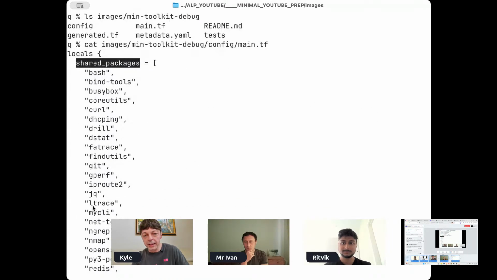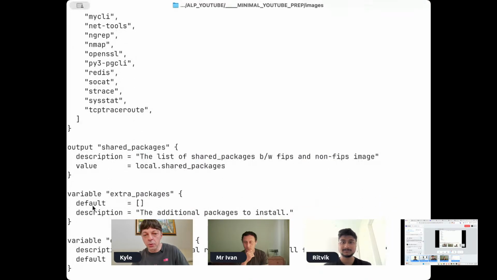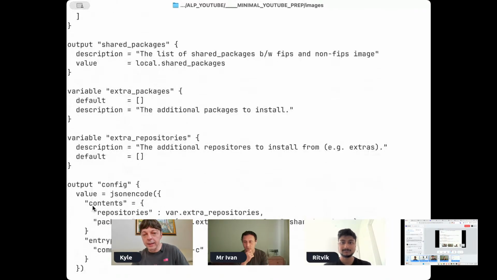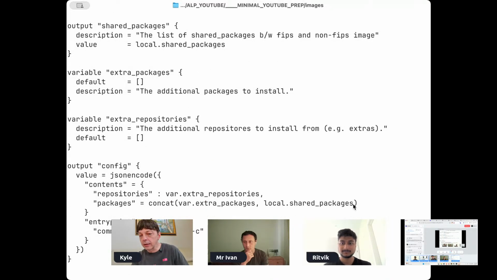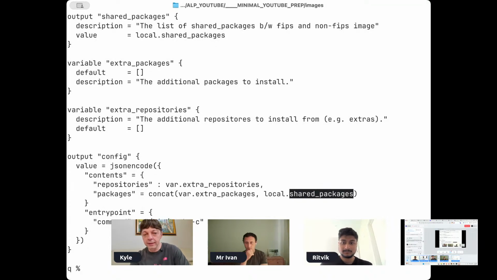And then what they do in the Terraform is combine those shared packages plus the extra packages, which are defined